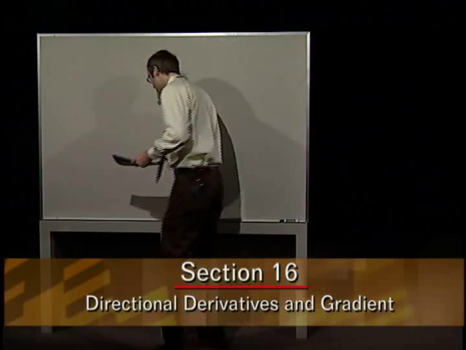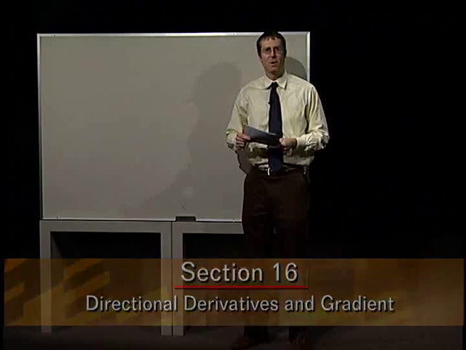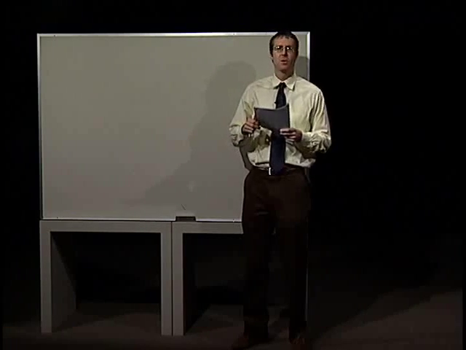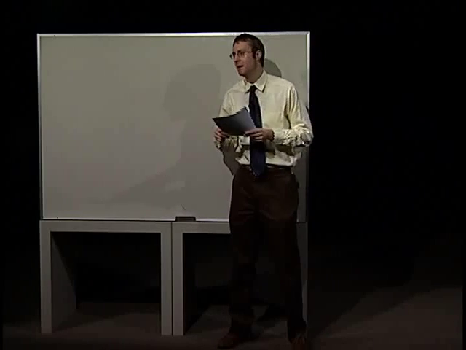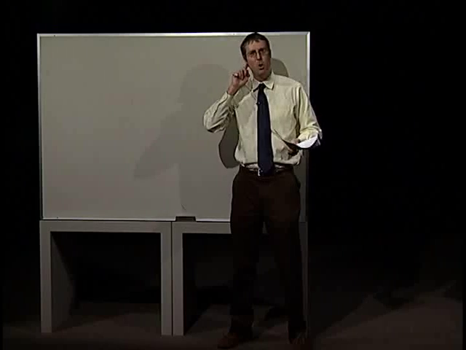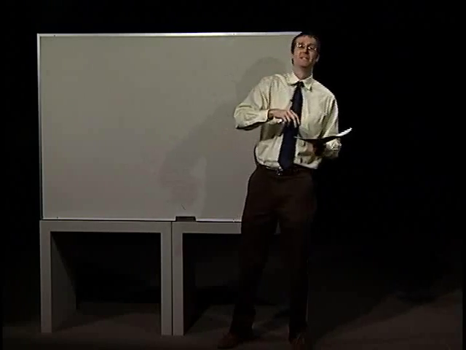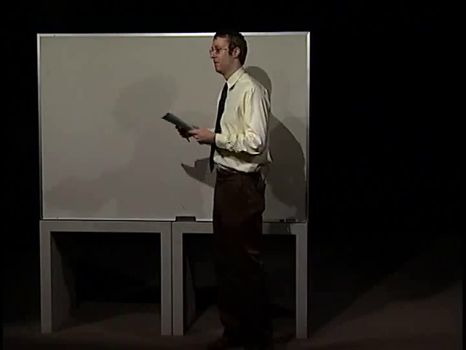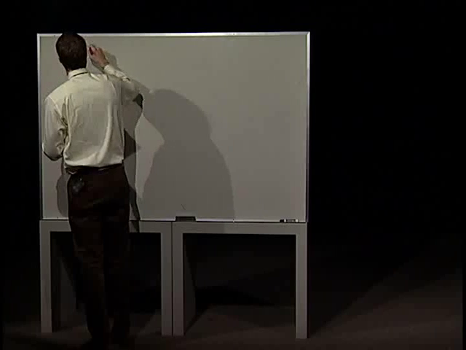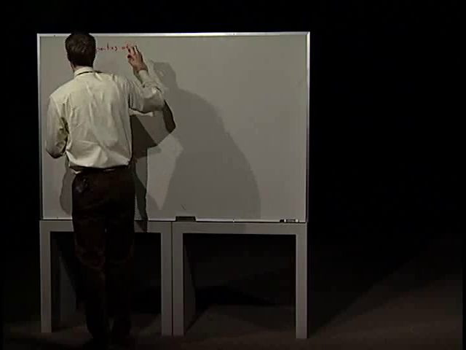In particular, what we'd like to know is, for any given surface, things like what is the direction of maximum increase and the direction of maximum decrease. In other words, if we have a surface where water is flowing over it, where is the area where the water will flow the fastest downwards, where will it flow the fastest upwards, or travel the fastest upwards? So let's look at properties of